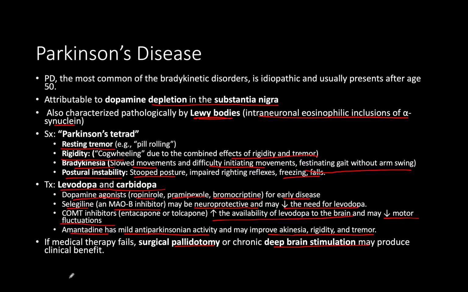Okay? All right, so in general, not too much that's different from what we needed to know for step 1. Really focusing in on the specifics of what you see clinically would be the most beneficial thing for you. With this Parkinson's tetrad, they can give you one of these things, or all of these things, and expect you to know that they're talking about Parkinson's versus something like Huntington's, or another one of the motor dyskinesias. Okay.